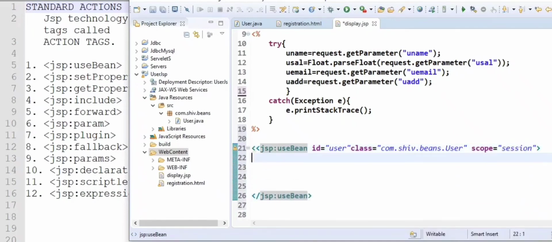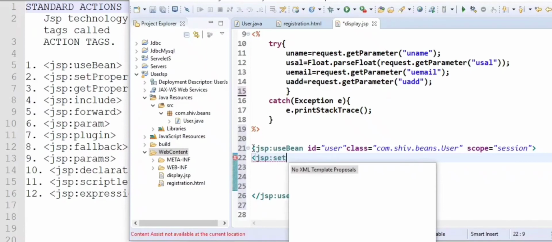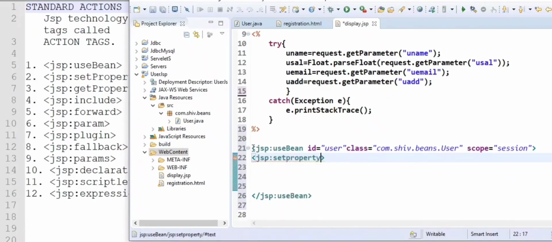So now inside this useBean we have to set properties. jsp:setProperty has three attributes. First is name, and it takes the same value as the useBean id value, user, and property.